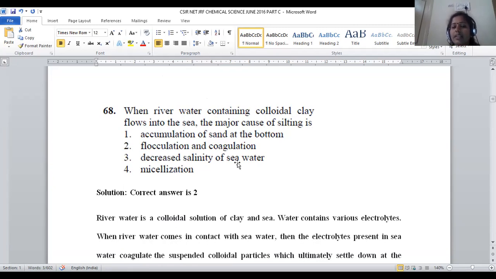While flowing, ultimately the river water will mix with the sea. Sea water contains many electrolytes like sodium chloride, magnesium sulfate, calcium carbonate, and many kinds of salts present in the sea water in dissolved form. Those are called electrolytes. Colloidal particles always have a tendency to coagulate whenever they are mixed with any electrolyte. The process is called coagulation, so that there is a formation of silt. There is a formation of suspended particles that you can see at the river mouth region.